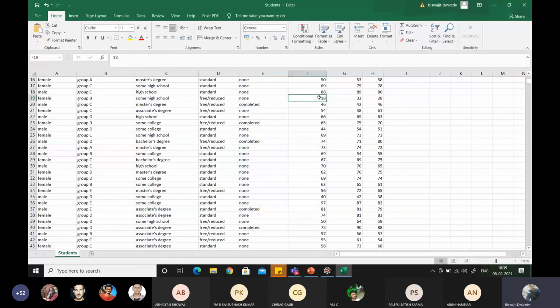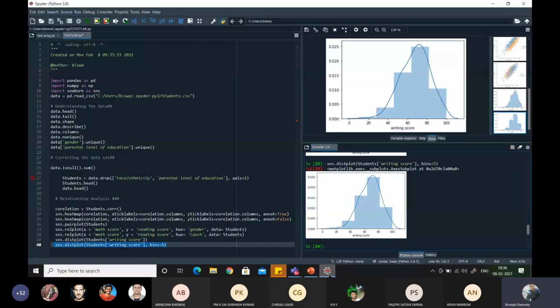Many other things are there. Basically, we will be using the features of Python as well as some libraries to analyze this data. Whatever I have discussed today are the fundamental things used for basic EDA purposes. But there are some other commands and techniques by which we can do some high level analysis also. So this is all about today's lab.